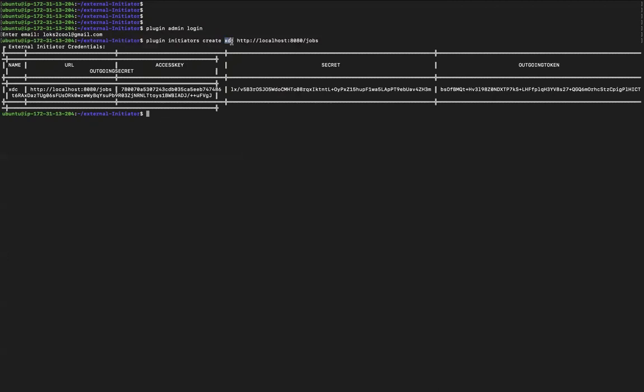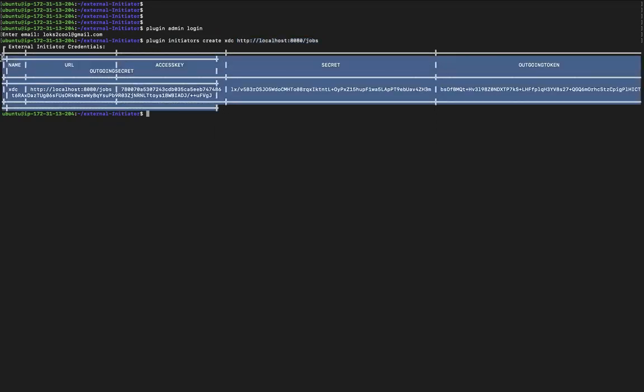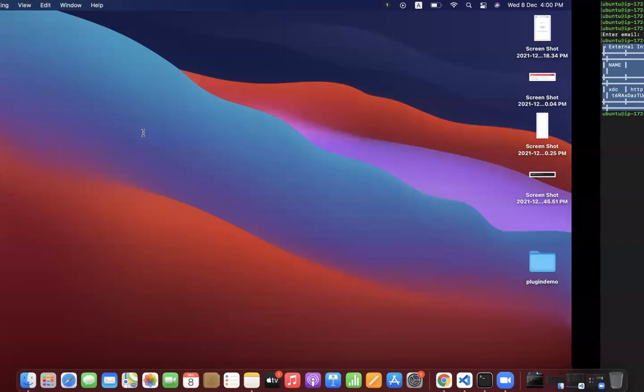It can be your name, whatever, but follow some naming standards. And this should be your node address URL. Since both the initiator and my plugin node are on the same server, I'm going to use localhost. That should be fine. Just copy paste so that you can follow along.